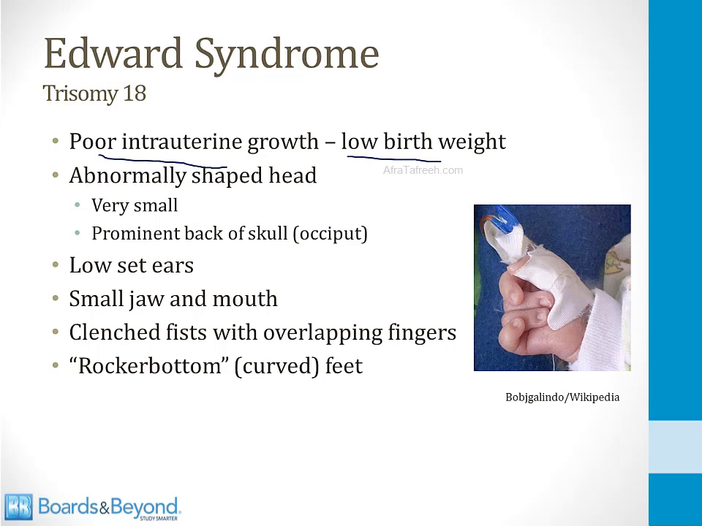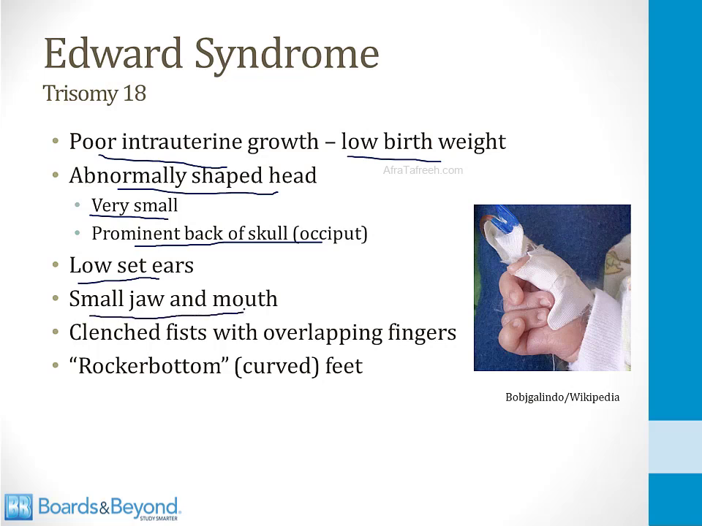One of the characteristic features is a very abnormally shaped head. It's often very small, and the back of the head protrudes out. This is described as having a prominent occiput. You can Google this and see pictures of a baby with Edwards syndrome. Their head is very misshapen. The ears are low set, just like in children with Down syndrome, and they often have a small jaw and